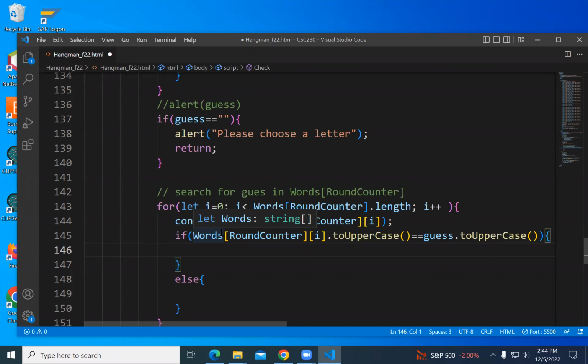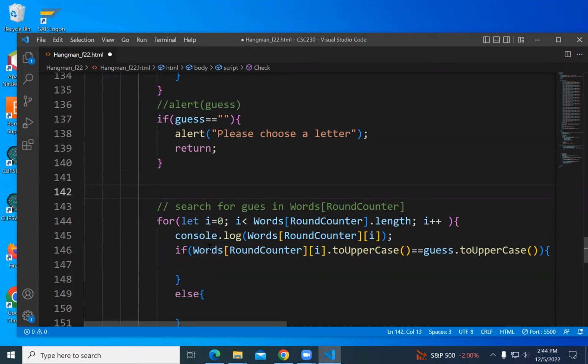And so what do I want to do? If the ith letter matches the guess, then I want to shove the letter into display word.